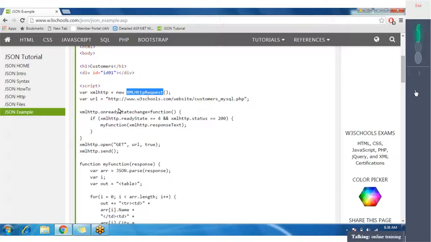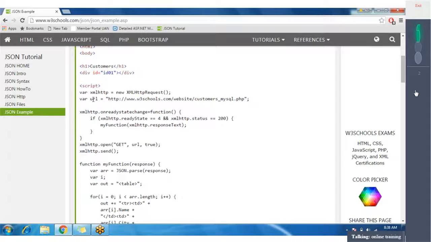Okay. So what all parameters or functions are there with this object? Let's see. When you are making a request, you will need a URL to which you will make the request, right?